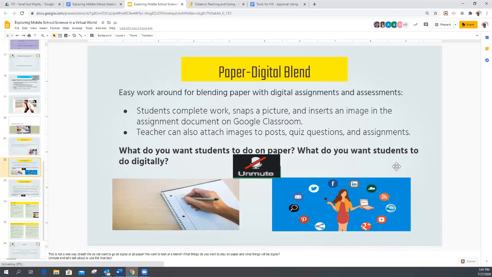So let's dive in a little bit and think about some things. So I think I mentioned this earlier, but what I would say to you is don't think we need to go all digital. If it were me, and like I said, I'm old, this is my 29th year, I'm getting ready to go into my 30th year with JCPS, I still would want the kids having some interaction where they are putting things on paper. Not everything needs to be done in front of the computer screen. So if you have those old school notebooks, send them home and let the kids do some of the work in those notebooks, okay? If you don't have notebooks, what are some things that you can do?